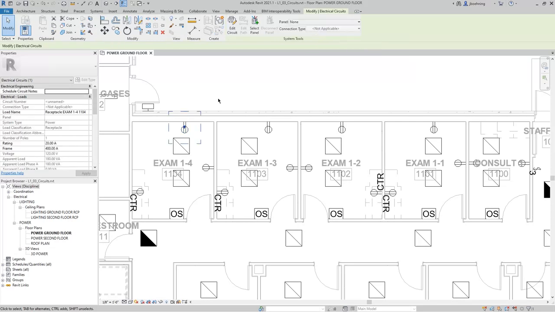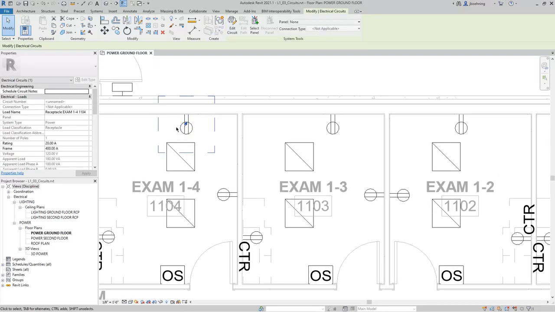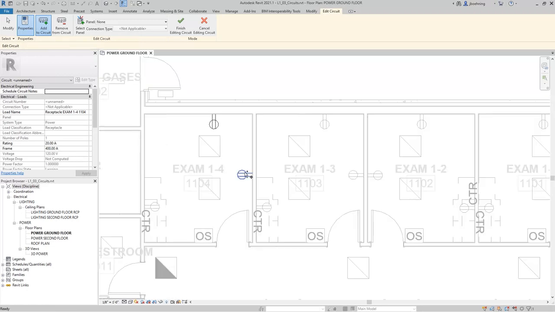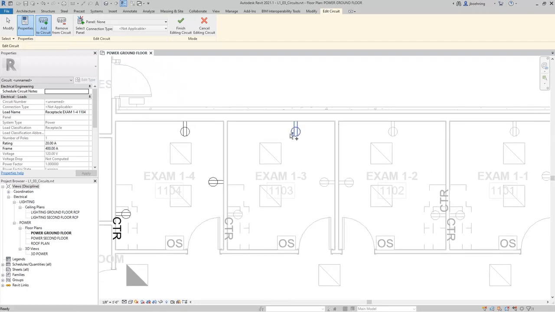When I click power, a circuit is created, and right now only that single receptacle is added to the circuit. But at this point we can click Edit Circuit and go into Edit Circuit mode, and then there are a couple options here: Add to Circuit and Remove from Circuit. So with Add to Circuit selected, I can begin selecting other receptacles, or even other compatible devices that could be on the circuit. So in this case I could add lighting fixtures that are 120 volt. I'm simply going to continue selecting receptacles,